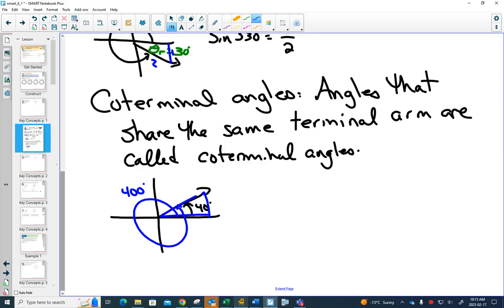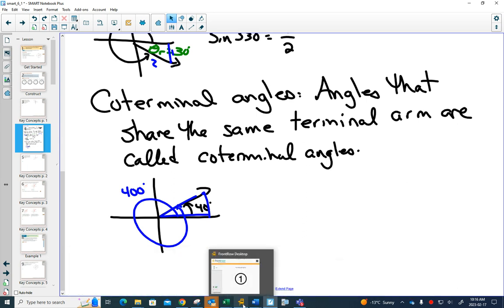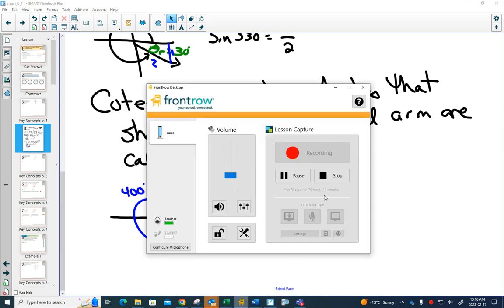They both share the same terminal arm, so you're going to make the same triangle back to the nearest x-axis whether you chose 400 degrees or 40 degrees. So we call angles that end in the same place coterminal angles. All right, there's our definitions for introduction. We are now